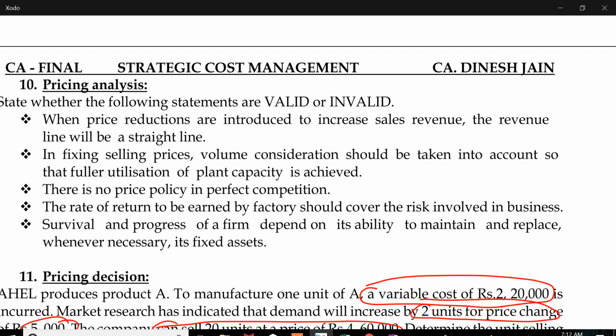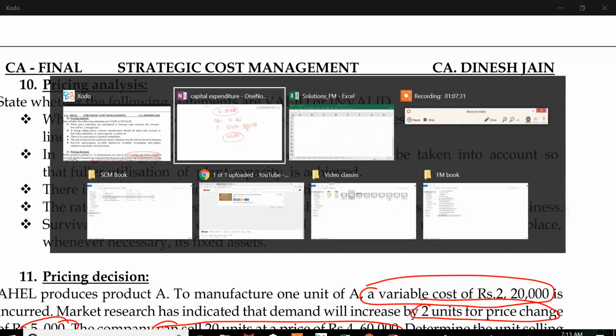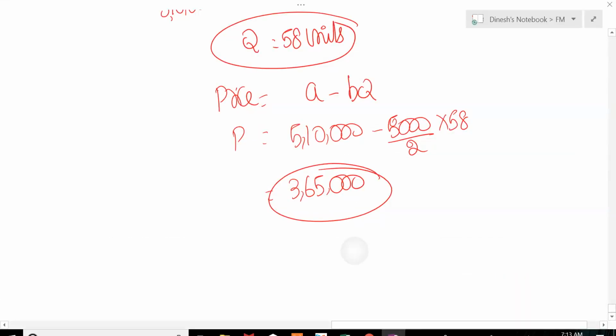This is whatever you have learnt in economics. So will it be a straight line? What are they trying to ask us? Why will it not be a straight line? Even if it leads to the same increase in sales, what they are trying to indicate is